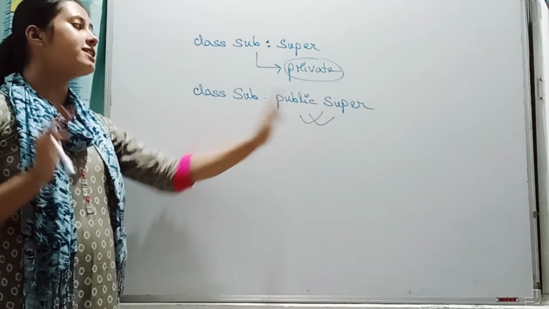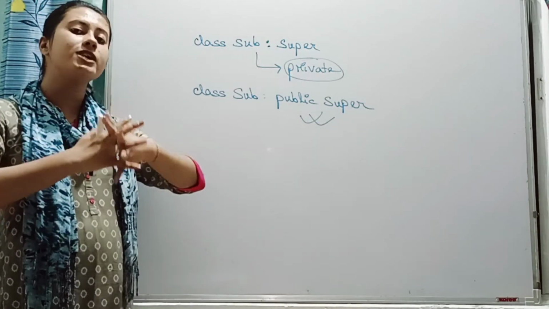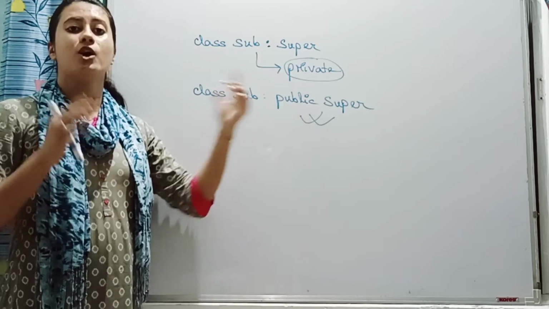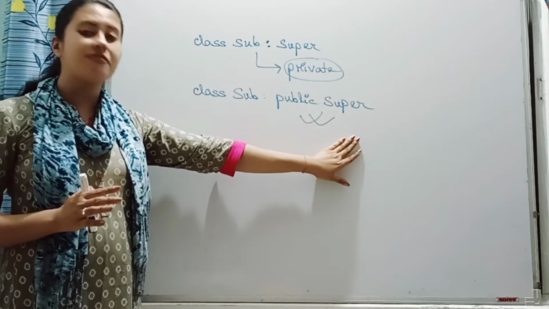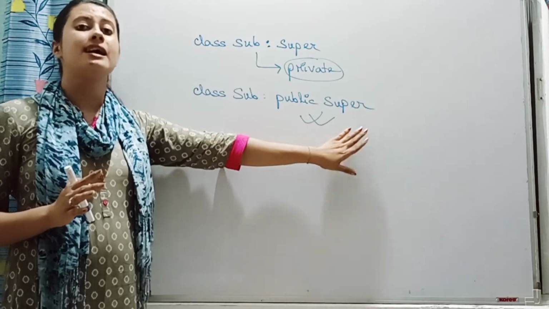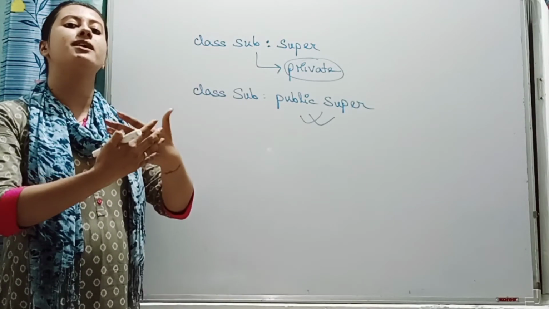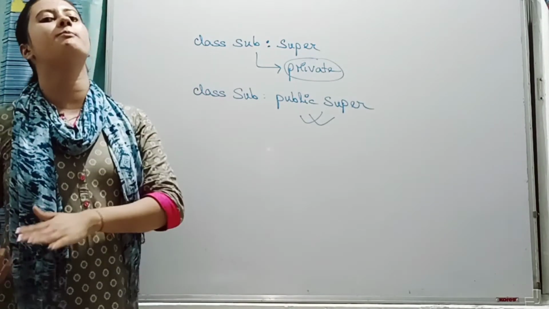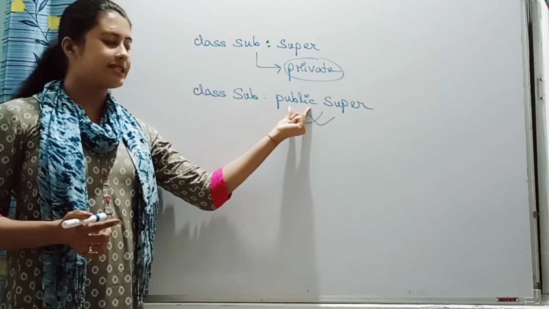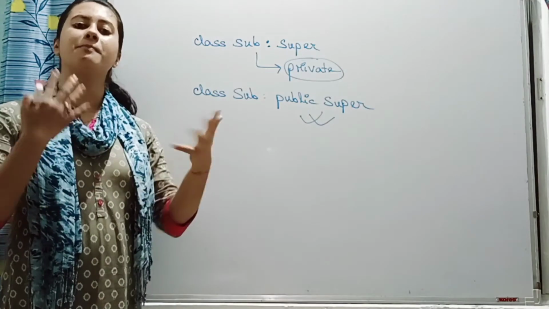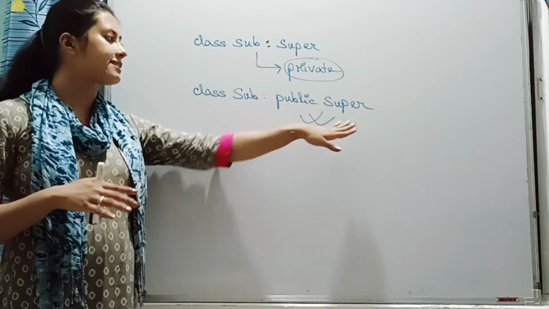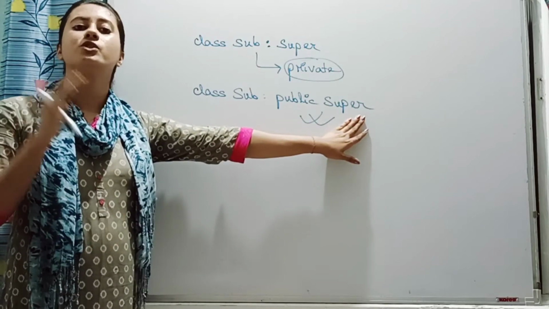Okay, so always we try to inherit the base class publicly, so that the member functions or the data members in the base class are accessible by the member functions and also by non-member functions. It is accessible throughout the program. If it is defined publicly, public means open to all. So any non-member function can access the data of the superclass.